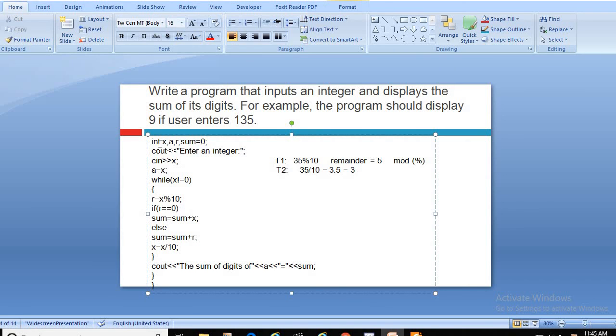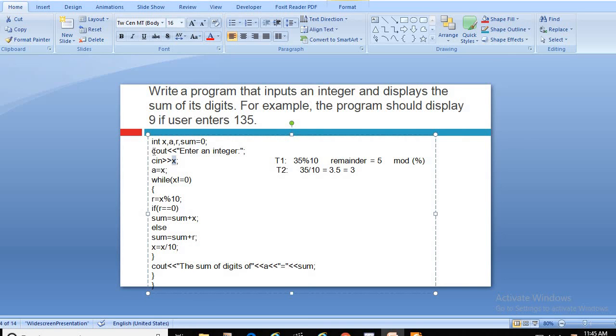We have declared a few variables: X, A, sum. Sum is also initialized with 0, not mandatory, but initially we consider the sum to be 0. X is the variable that is used to input. The user will input the value and it will be stored into the X variable.